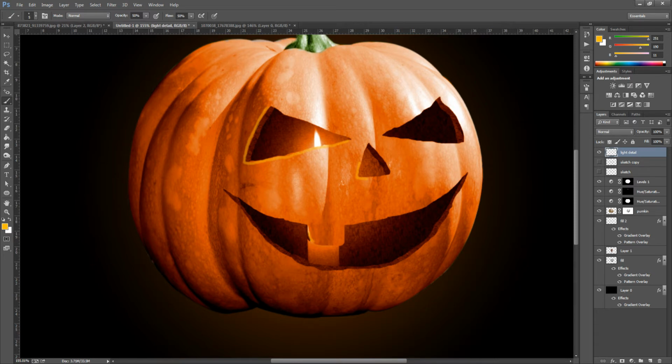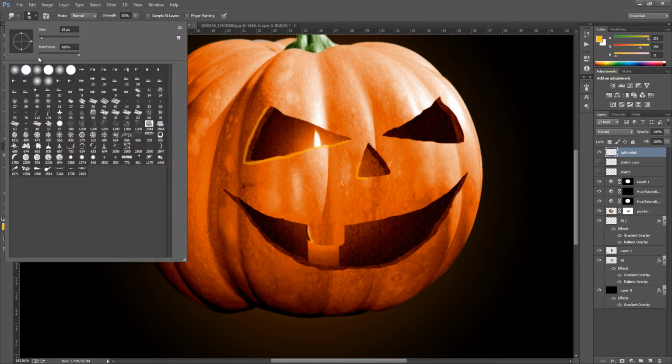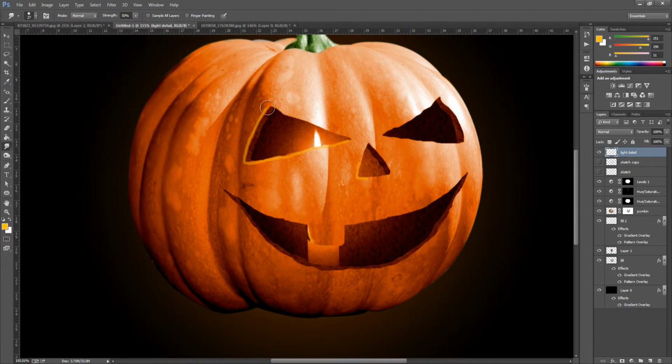And then we're just going to smudge this, so go to the smudge tool on the left hand side. We're going to change the strength of this to around about 50%, so change that to 50, and we want a brush size of around about 27 pixels, and then we'll just smudge it.